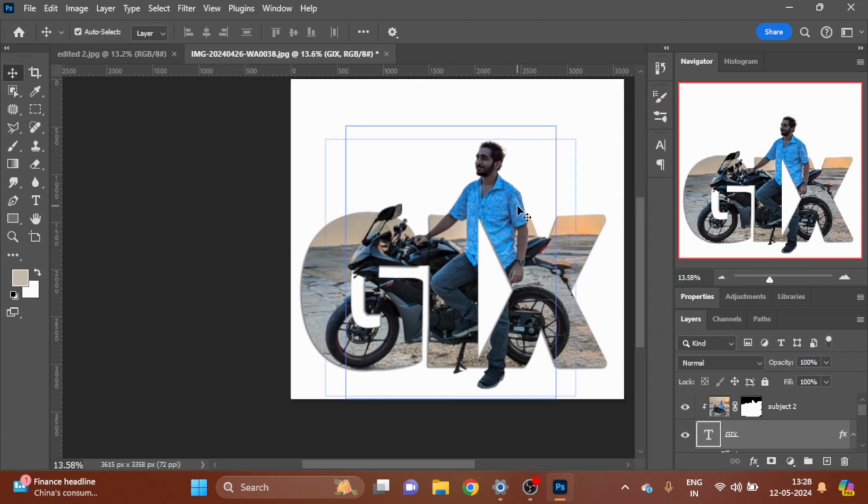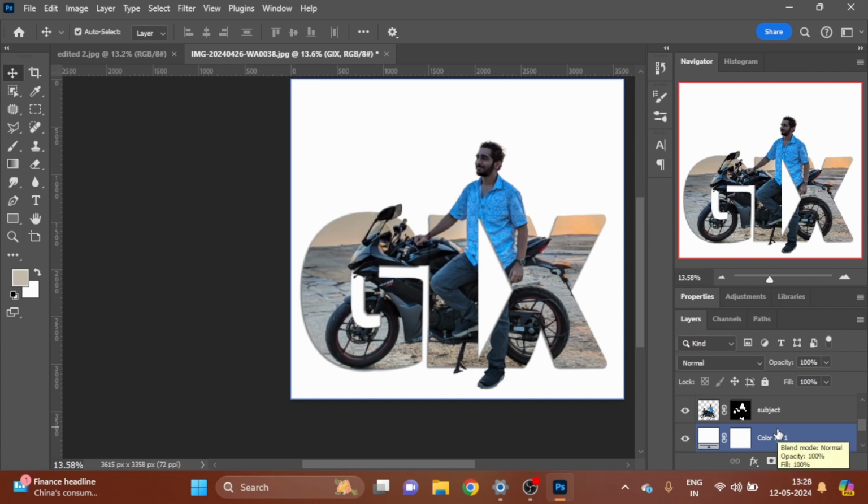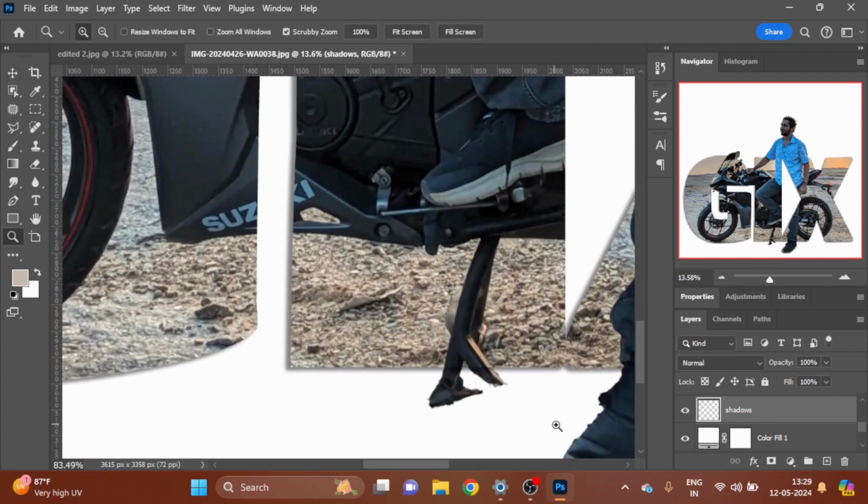Okay, cool. For the subject over here to appear more like he is coming out of this text, I'm going to add some shadows below here. Adding shadows makes way more difference, and it makes it way more immersive. Adding shadows or highlights is a key part of photo manipulation techniques. So what I'm going to do is create a new layer here and rename it as shadows, and I'm just going to